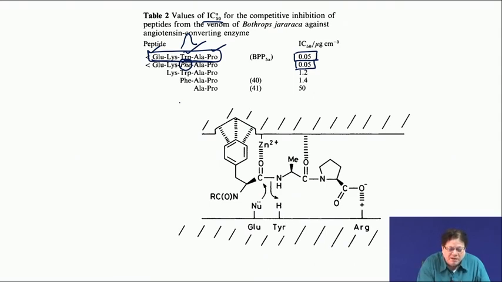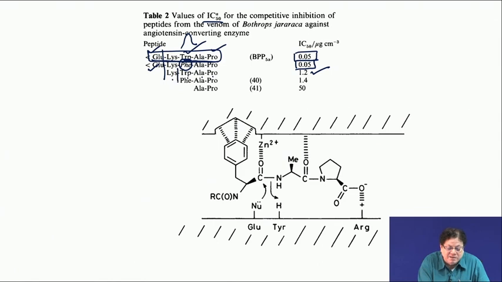Okay. So, then they started what is called structure activity relationship. They are slowly taking one amino acid off, like the glutamic acid. If you remove it, you get lysine, tryptophan, alanine, proline, based on the first peptide, and now the IC50 value has increased a little, to 1.2. That means glutamic acid gives a better one, because if the IC50 value increases, it is actually becoming less potent. The value is 1.2, that is still not too bad.